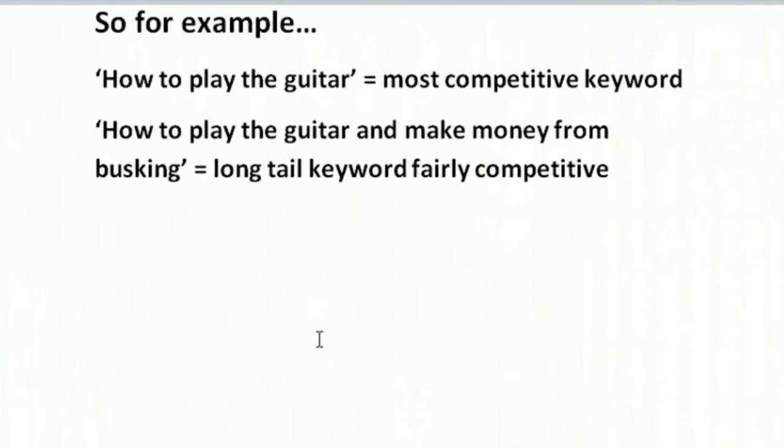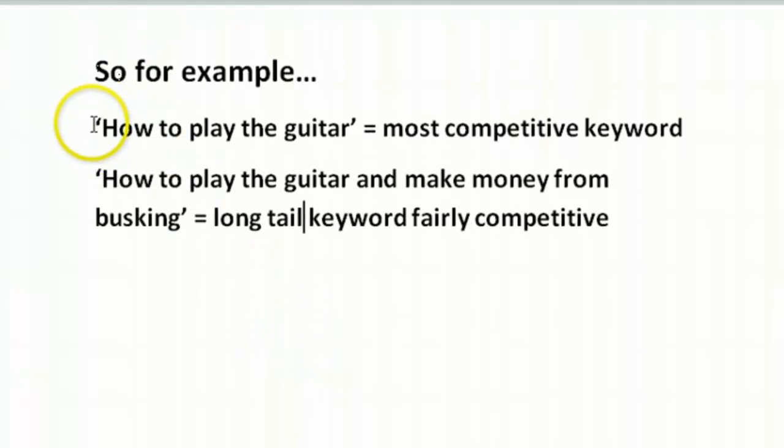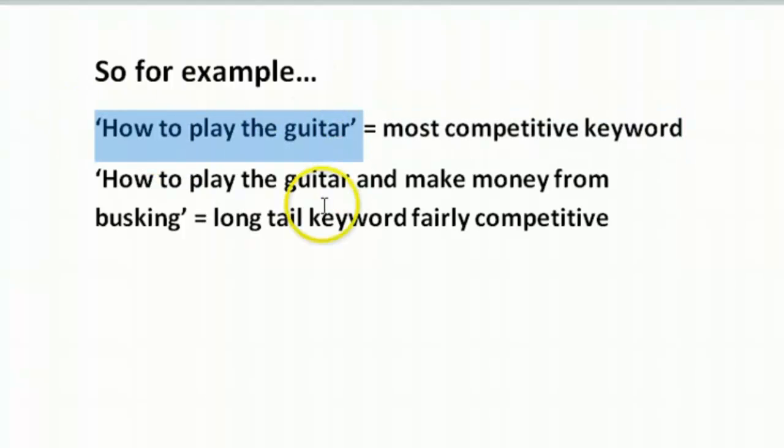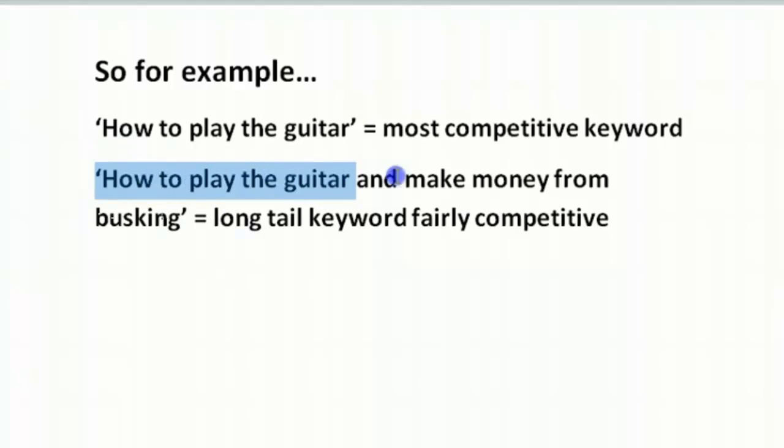So for example, if you wanted to create a website and you wanted to make money with affiliate commissions about how to play guitar, you would find that that is probably the most competitive keyword that everyone is ranking for, how to play the guitar. You could go for how to play the guitar and make money from busking, which is a long tail keyword, but it's also fairly competitive. Now, what Alex Becker tends to do, he goes for a sort of connecting keyword and a backdoor keyword, which is very fascinating, and that is, for example, if you wanted to go for